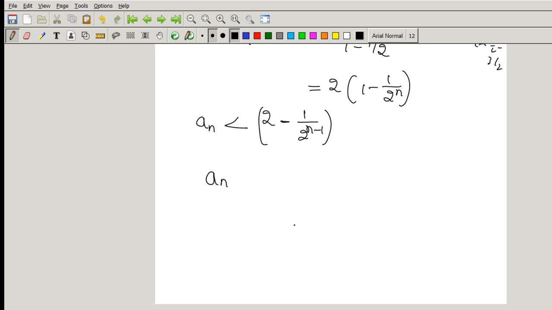This is nothing but an is less than 2 for all n belongs to N, because this is some positive